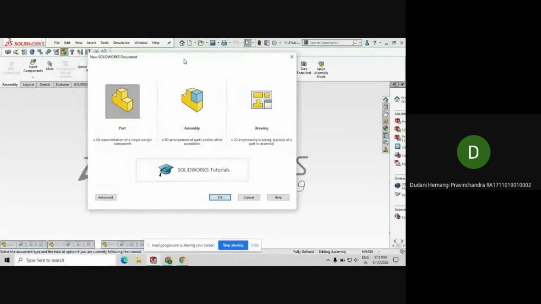First, when you open the SolidWorks window, you'll have this pop-up tab with three different windows. One is part, which is used for creating 3D solid bodies and parts. The next one is assembly, where you'll assemble all the 3D bodies and parts that you have created. And then there's drawing, to create draft sheets of the parts for manufacturing purposes. So for now, I'll be going into the part.